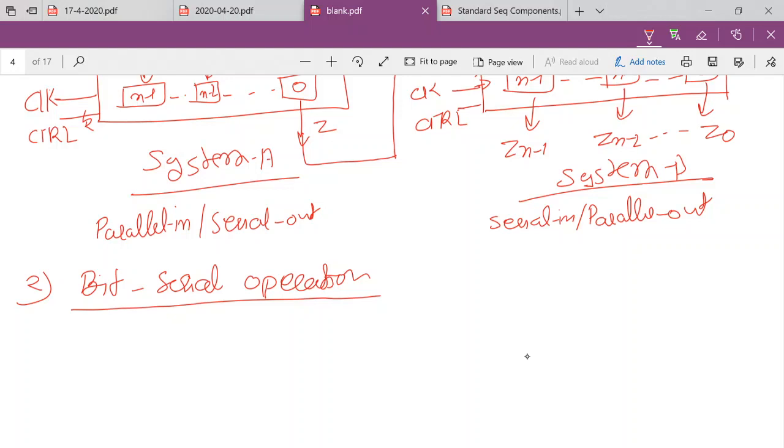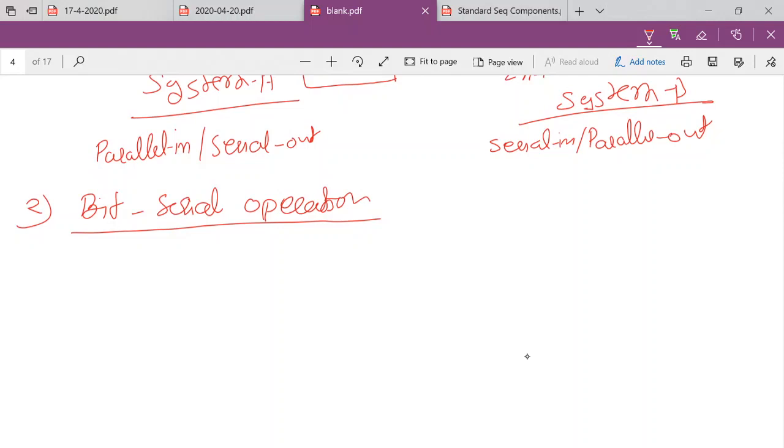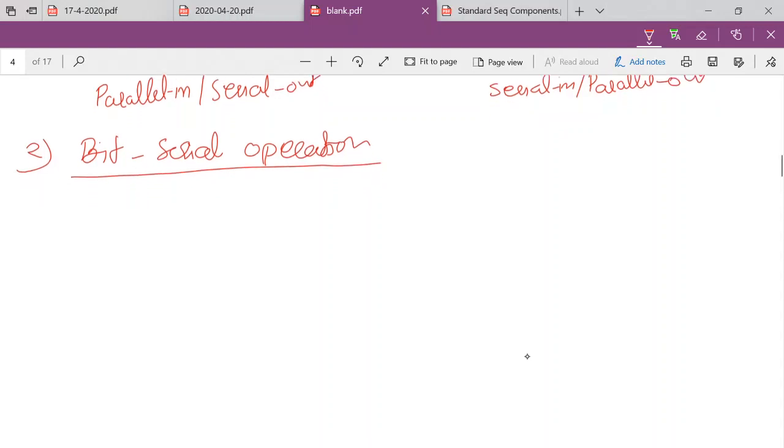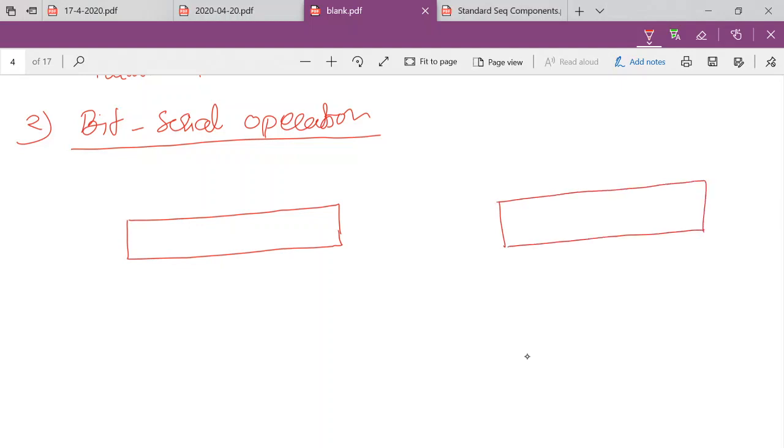Or in another manner, we can use these shift registers to perform any operation bit serially, right? That's the meaning of bit serially here. That means we will perform an operation bit by bit on n bit data. So I am going to consider the operation here as addition, and we'll look at how we can perform bit serial addition here. So suppose we have these two data with us. We are going to store them in two parallel in serial out registers, right?